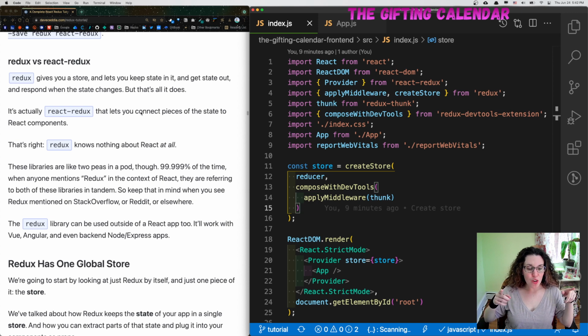So if you don't know, now you know. Redux knows nothing about React at all. Redux actually can be used for other front-end JavaScript frameworks. It's just paired with React a lot. So if you didn't know that,